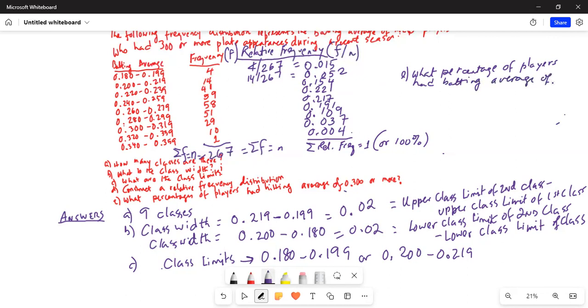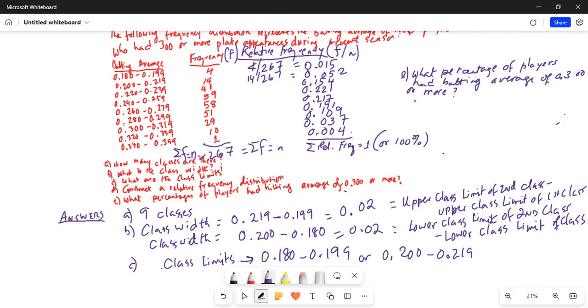Since the third class from the last starts from 0.300, and we go as high as the last class, to 0.399,